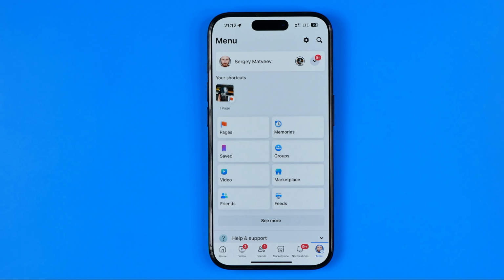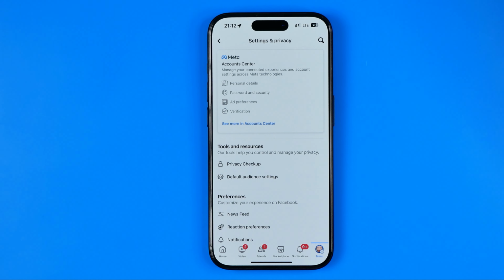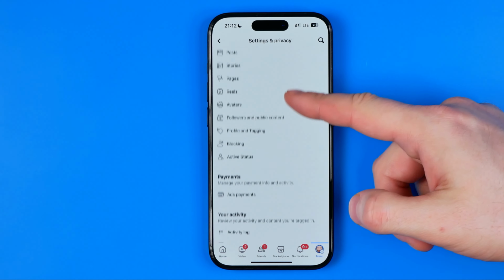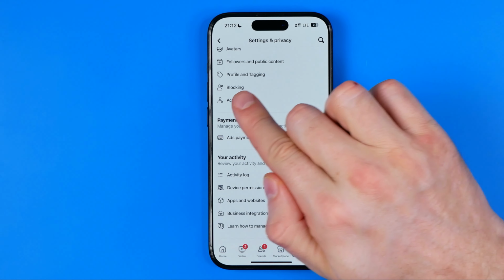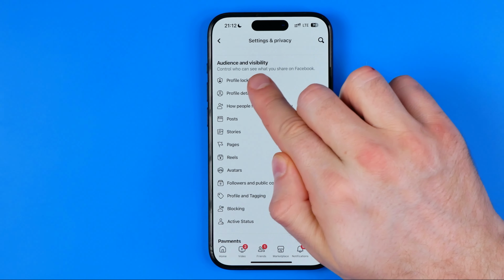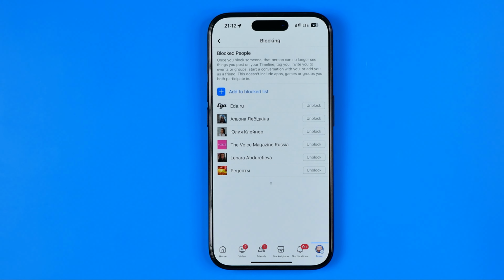Once you are at the menu, tap at that gear to head over to settings, and then on settings scroll down all the way until you find blocking. Here it is, just in the audience and visibility section. Tap at blocking and it will show us all the users and Facebook pages that we have blocked on Facebook,